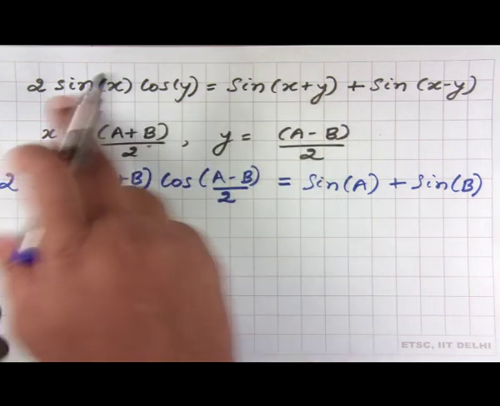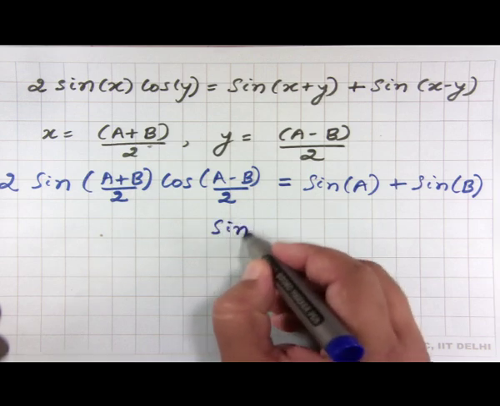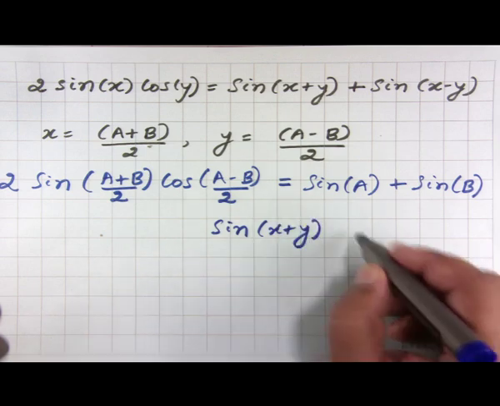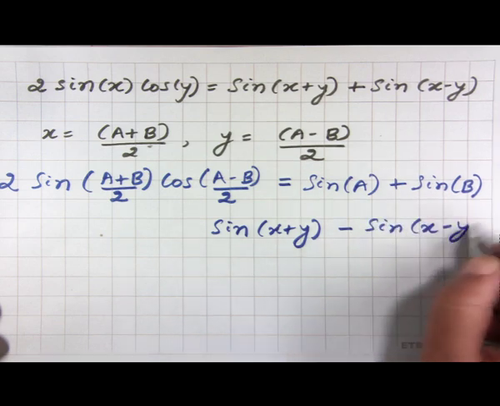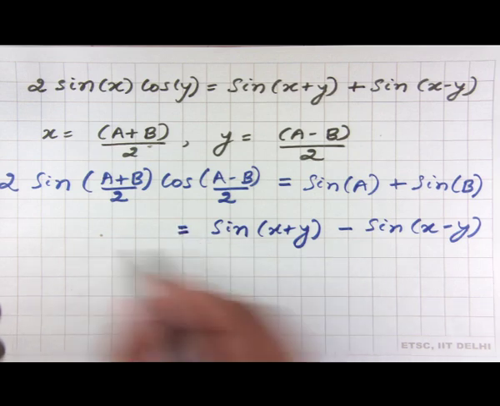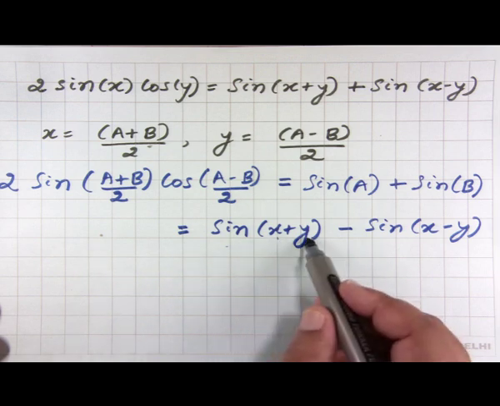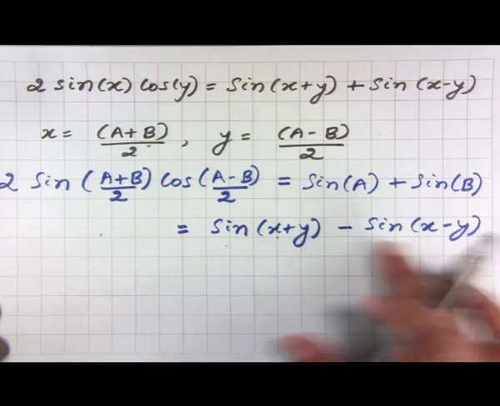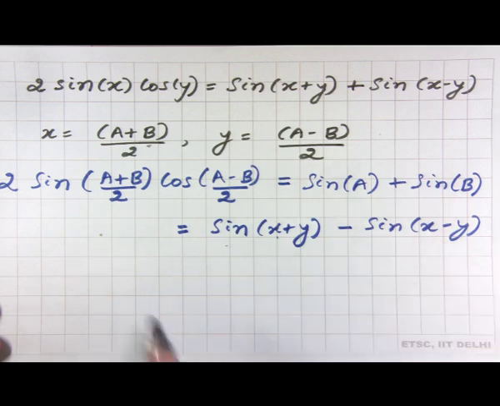Similarly, we also know that sine of x plus y minus sine of x minus y equals, since sine of x plus y is sine x cos y plus cos x sin y. So, when we replace this with that expression and also the similar expression for sine of x minus y, what we get is,